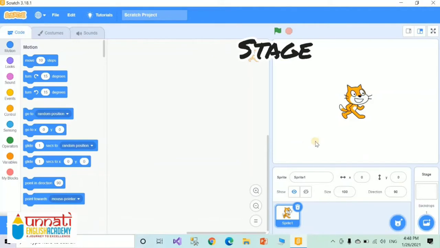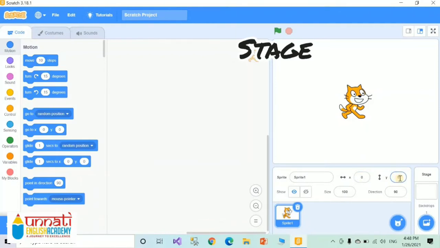Okay, so now let's see the next component, that is the stage. So what is the stage over here? It is the main working area to draw pictures or perform actions. Stage is the place where sprites move, as the turtle was moving, and likewise interact with each other. See, this stage is divided into X and Y coordinates, which show the position of the sprite.